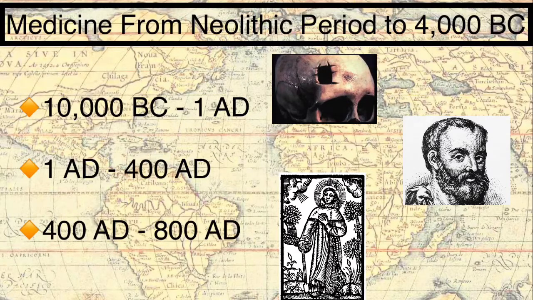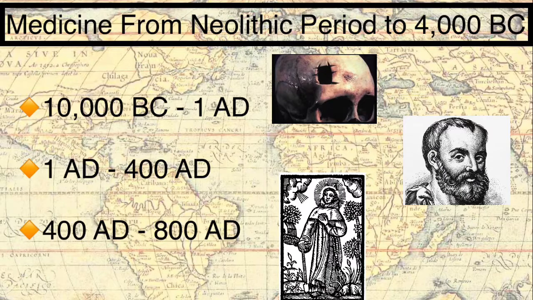Here we will examine medicine and the changes in medical philosophy between the Neolithic period and about 800 AD. First, we will discuss some important parts of medicine from 10,000 BC to 1 AD, including trepanation as seen in the first picture here. Then we will go through some important contributors to medicine who lived between 1 AD and